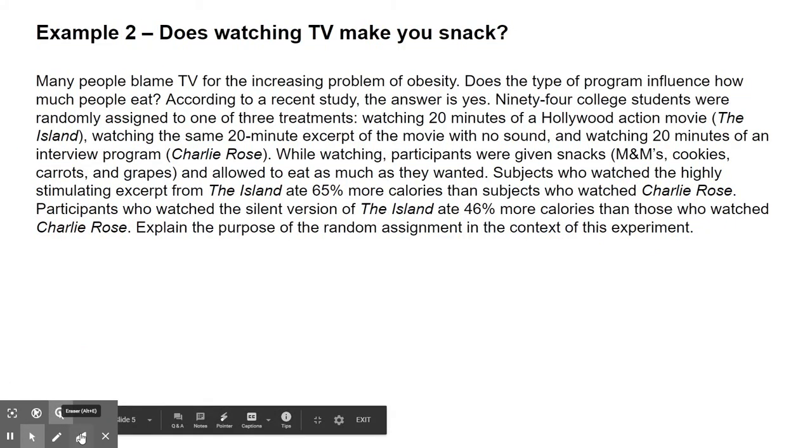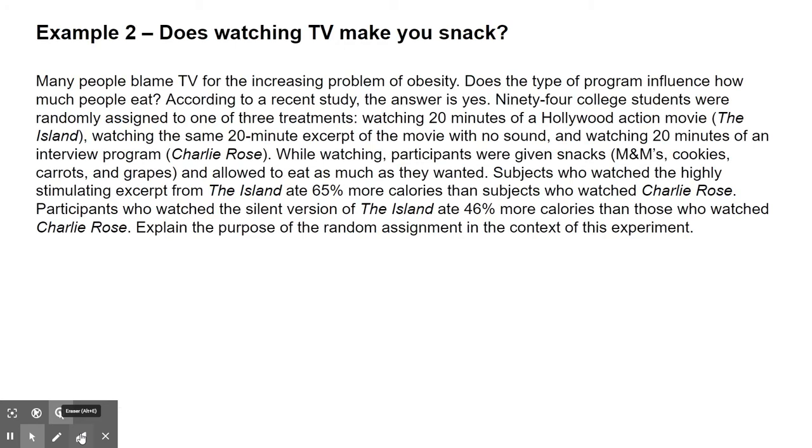Okay, so example 2, does watching TV make you snack? Many people blame TV for the increasing problem of obesity. Does the type of program influence how much people eat? According to a recent study, the answer is yes. 94 college students were randomly assigned to one of 3 treatments: watching 20 minutes of a Hollywood action movie, The Island, watching the same 20-minute excerpt of the movie with no sound, and watching 20 minutes of an interview program, Charlie Rose. While watching, participants were given snacks: M&Ms, cookies, grapes, and carrots, and allowed to eat as